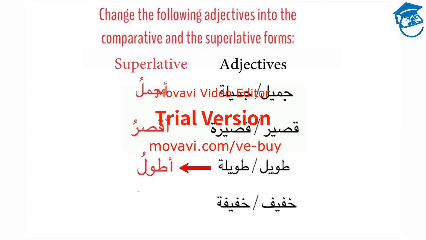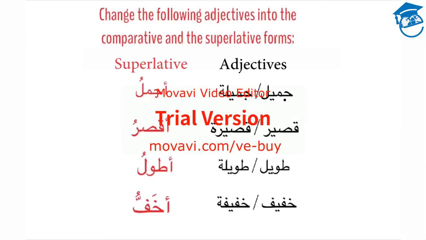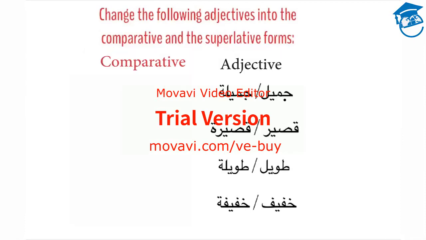And finally, for the last pair, khafif and khafifa, meaning light, the superlative form is akhafu. So how'd you do? Did you get them all right? Now let's go on to the comparative form. Pause the recording and write out the comparative form of each of the 4